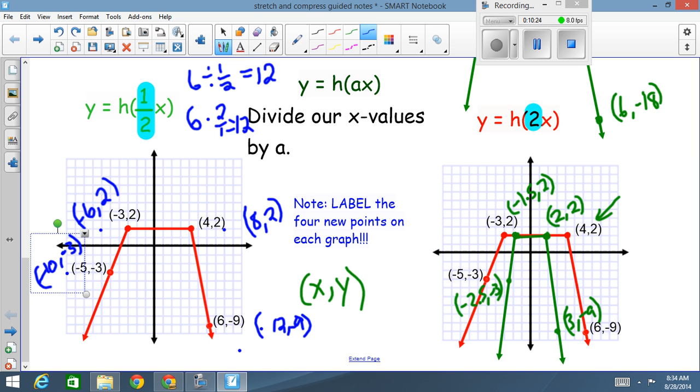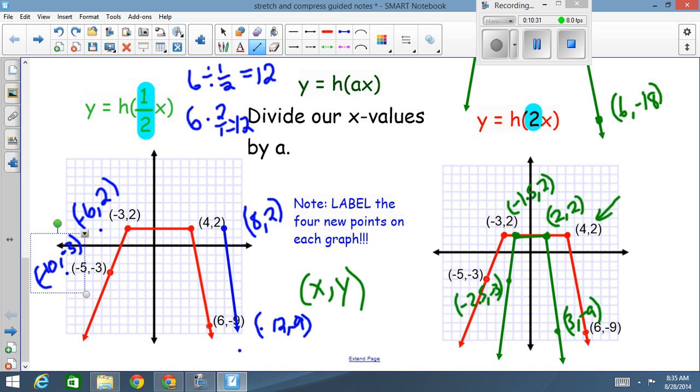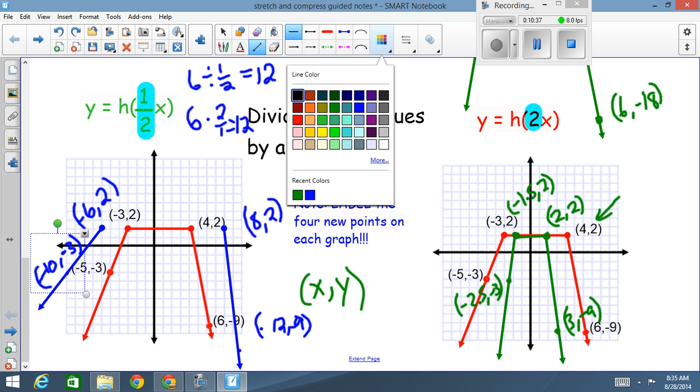Okay, so now let's put all these together. We'll have ourselves our last transformation, and that will be